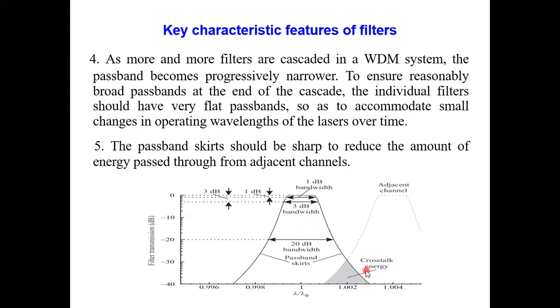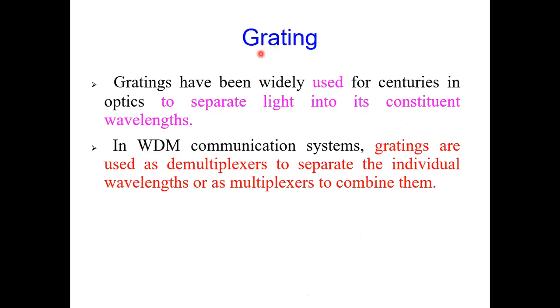So these are some of the key characteristic features of the filters. Yes, noise problem, whatever points you have said. You can also add that the filter should not attenuate the signal. Rather, you could have a filter which can provide a gain, if not attenuation of the signal, but that becomes an altogether different concept and design. But yes, it should not induce loss itself. That is also one of the important characteristics. So these are the key characteristic features of your filters.